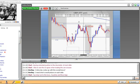Now, one of the things that we talk about is cycles. This is one of the things we talked about in the first webinar. You notice how he has three intraday smaller pushes against the overall trend. And this is typically one very simple thing we can look for as we come into those higher probability levels. Now, if you notice where he's taking this entry from, look at what it says there,